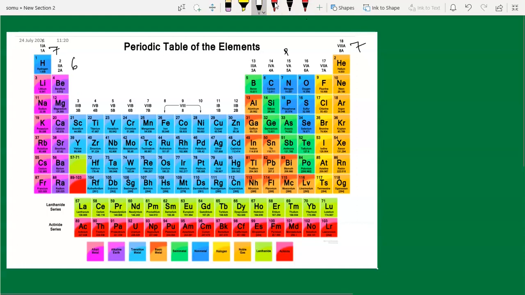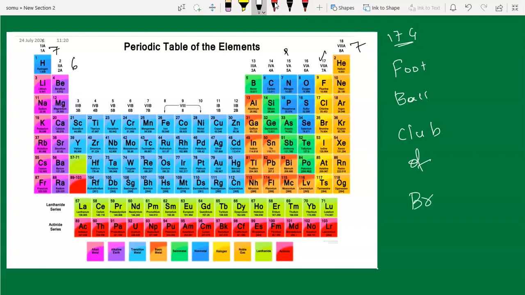Okay. Let's begin the 17th group elements. P block, 17th group elements. So here simply it is Football Club of Barcelona.